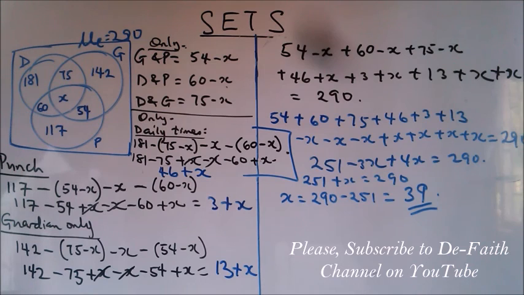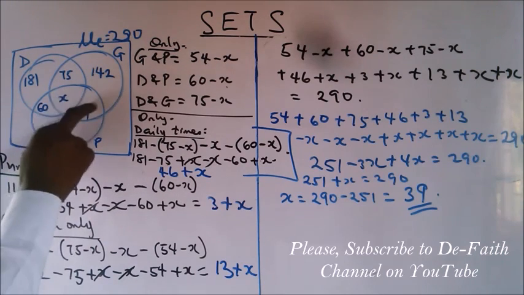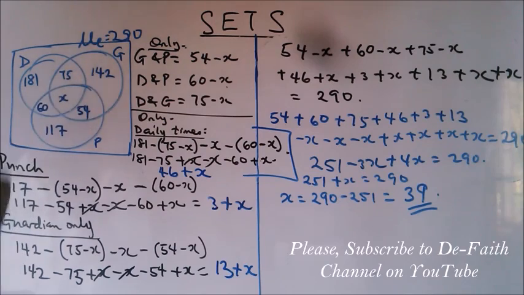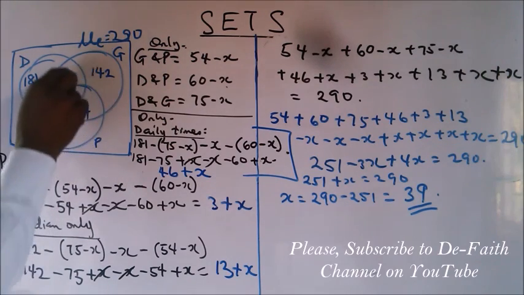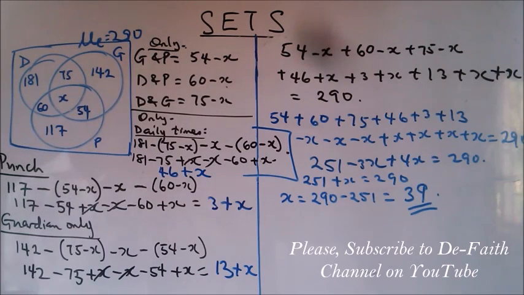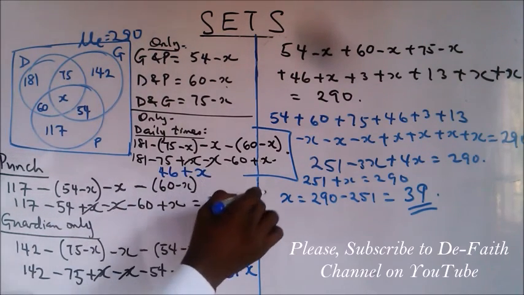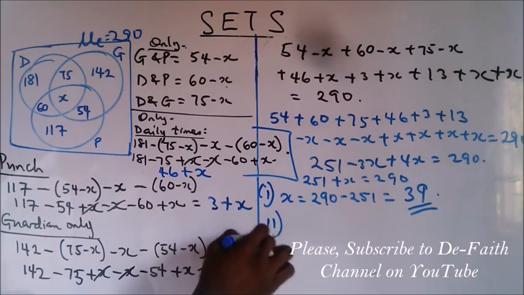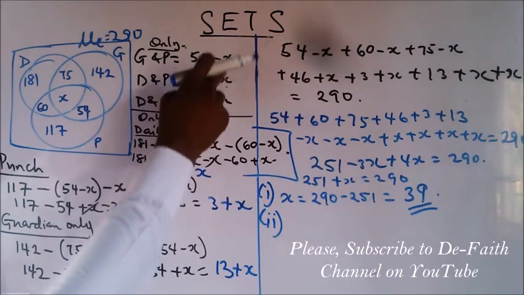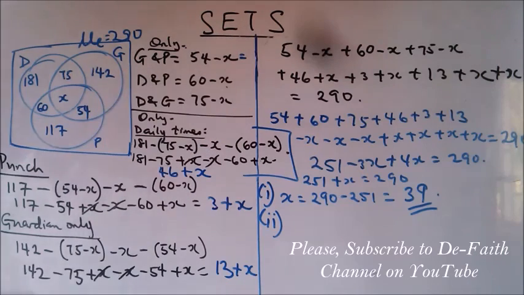Roman figure 2 says how many read exactly 2 of the papers. Now those that read only 2 of the papers are what we have here: 2 papers here, 2 papers here, and 2 papers here. So what we need to do is to add them together. Here we have them. And so we have our Roman figure 1 done here. For Roman figure 2, all we need to do is to place 39 in each of these x, and then we'll get those that read